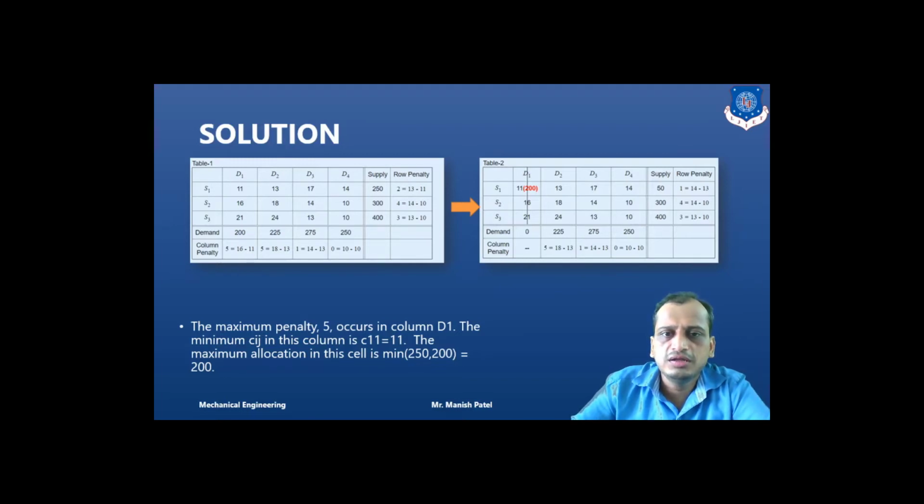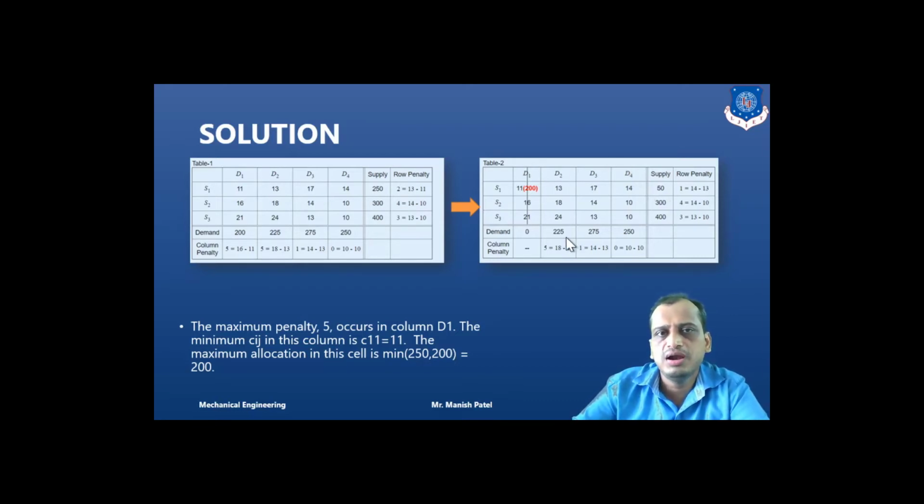There is a tie here, so we try to find the lowest transportation cost. What is the lowest transportation cost here? 11. So we will allocate here only. What can we allocate here? 250 and 200. We can only allocate 200 here, and we can fulfill the demand side constraint. So we allocate 200 here. Once we have allocated 200, we have fulfilled this column, so we will cancel or eliminate this column. And 250 minus 200 is 50, so we have written 50 here. Clear? So again we will start with the same iterations.